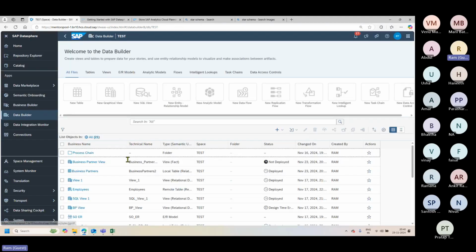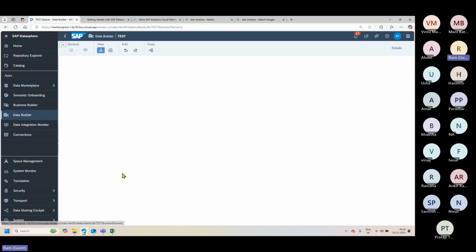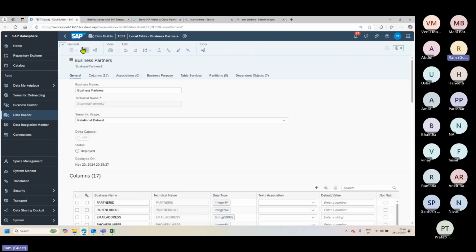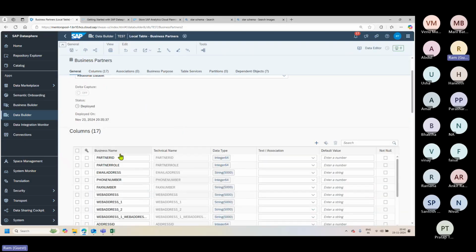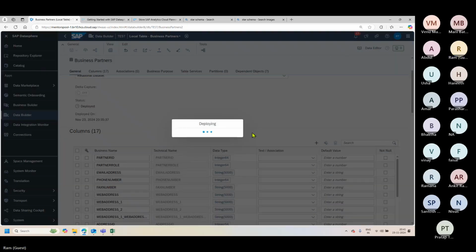So let's fix it. In the business partner table, if you remember, when I clicked deploy, it said that the partner ID field was changed from integer to integer 64. Even though it got deployed, somehow in the database the changes are not there. So when it's trying to create a view, it is basically inconsistent. To fix this, usually a redeploy will work. But if I just say deploy,